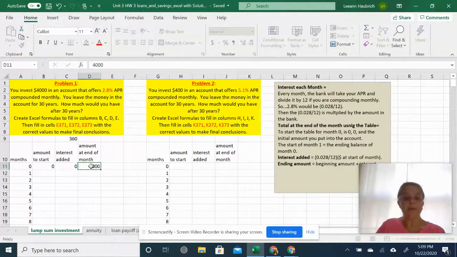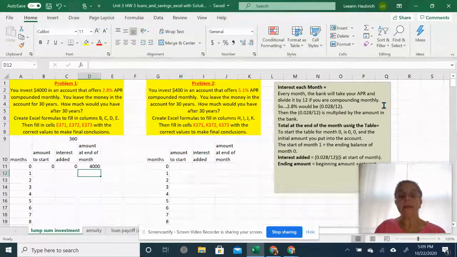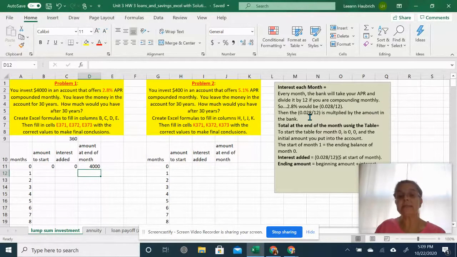Before we go any further with this, I put some notes over here. It says interest each month. That 2.8% is for the year. So the bank will give you a portion of that 2.8%. They'll take the 2.8% and divide it by 12 for the 12 months. So every month, the bank will take your APR and divide it by 12 if you are compounding monthly. So the 2.8% would be